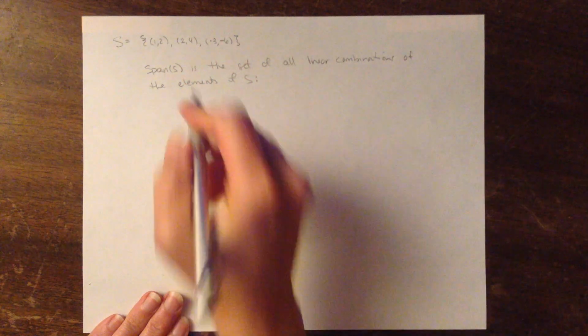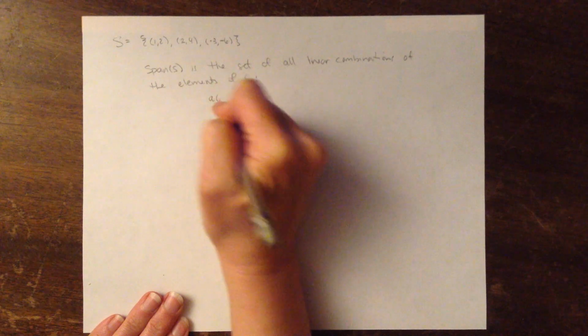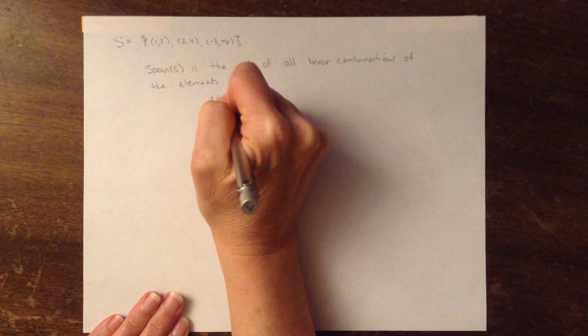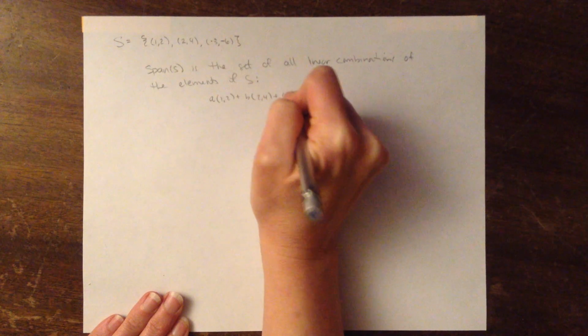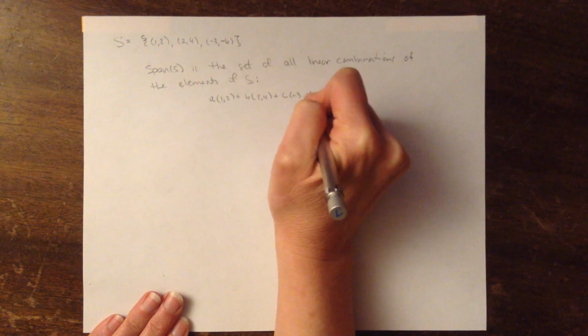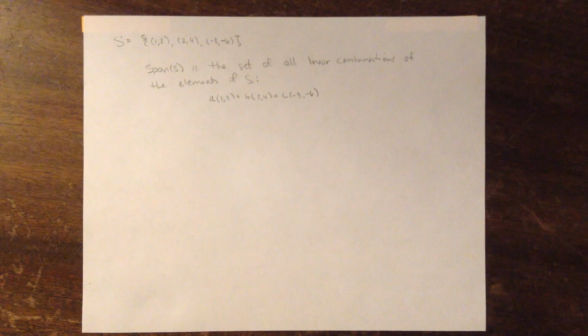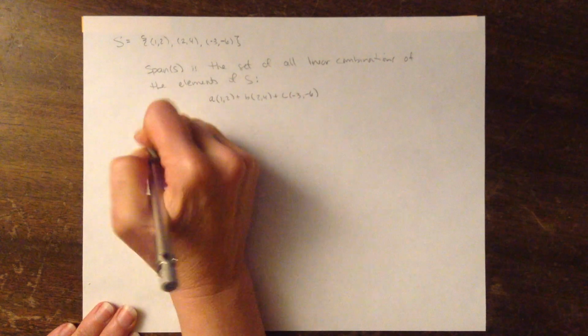So it's the set of things that look like a scalar multiple of (1, 2), plus another scalar multiple of (2, 4), plus another scalar multiple of (-3, -6). So that's a linear combination of those 3 elements in S, and A, B, and C are real numbers. It can be any real numbers. So if you think about this, it should be fairly clear to you that the span of S